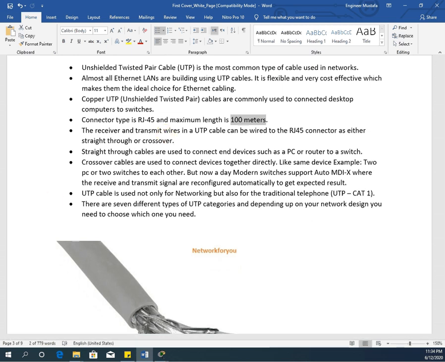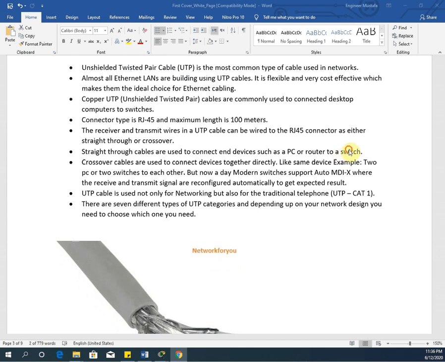If you are connecting dissimilar devices, then you need to use a straight cable. But nowadays our devices already have a sensor, with which they can sense and adjust automatically. A straight cable is used to connect devices such as PC to router.